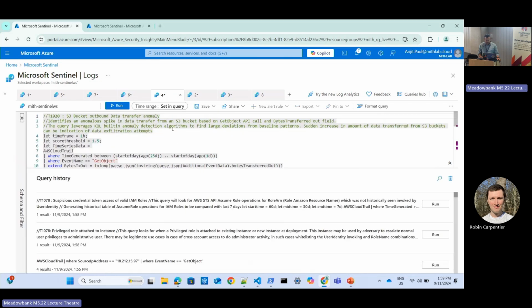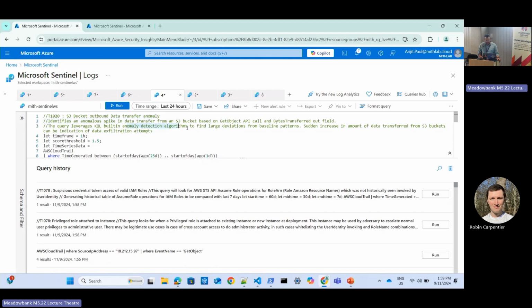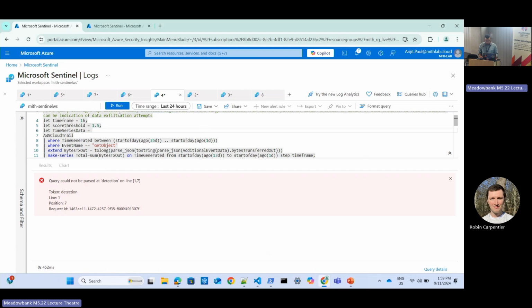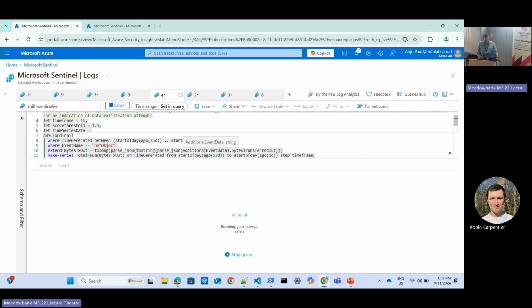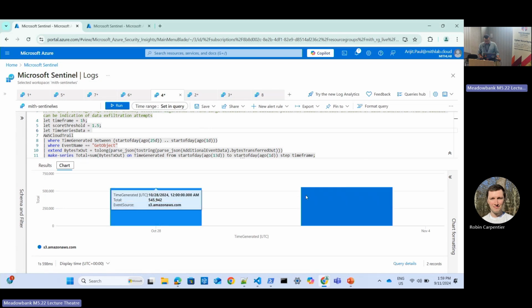Then one good one is data transfer anomaly. So what this does is I'm using KQL's built-in anomaly detection algorithm to check for any deviations in the baseline pattern. So for example, if I run this, and if I look into the chart, I can see that on this particular date,